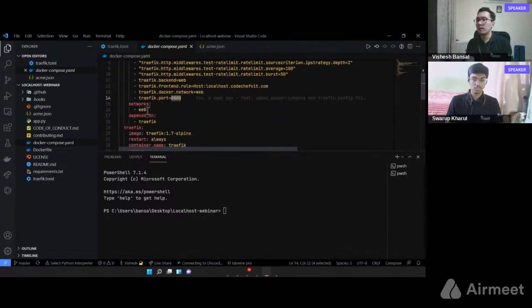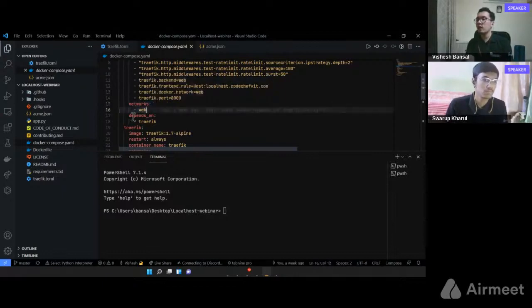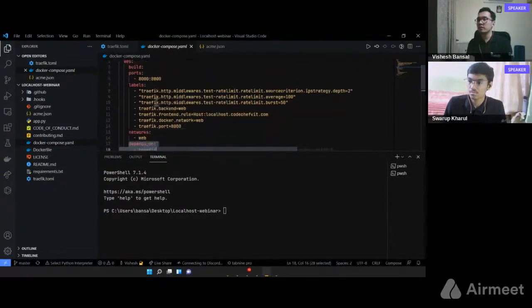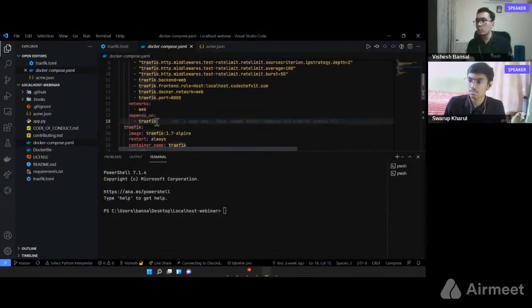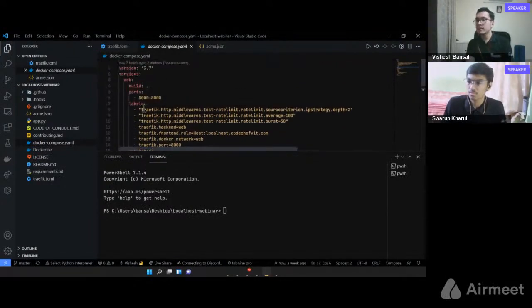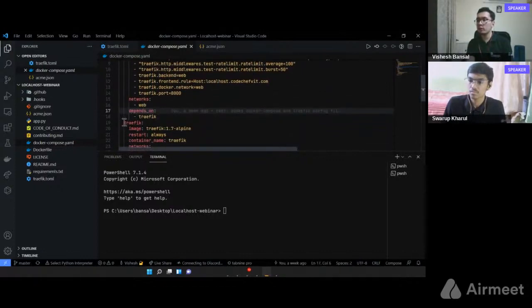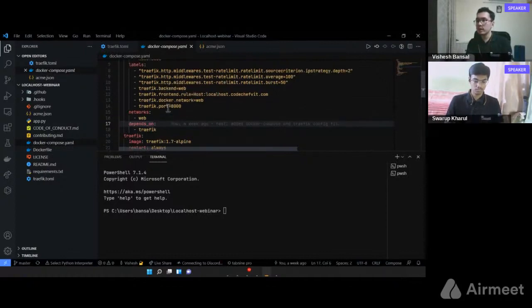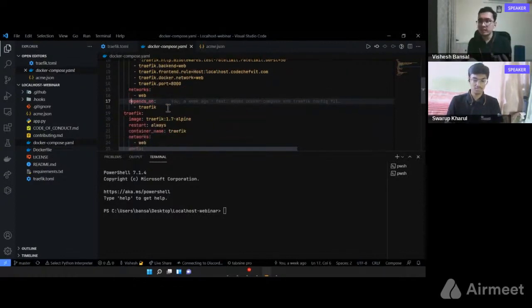The other parameter is depends on. If this is a web service, then you add this, and depends on basically defines the dependencies for the container to build properly. So let's say if Traefik is somehow missing while building the Docker container, this won't execute. Then the next service that we will be building is Traefik. We have to define what Traefik is. Right now we just told our Docker Compose that we need Traefik, but what is Traefik, and where are you referencing it from?